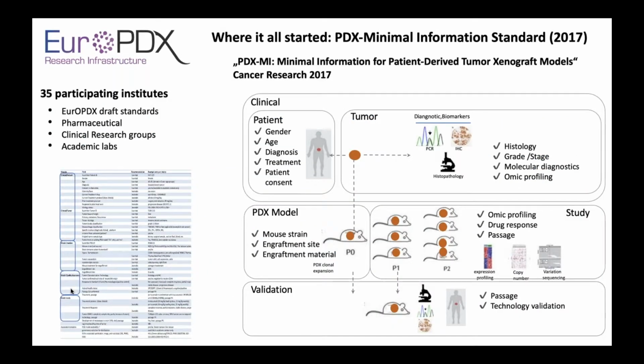In terms of standards, it all started several years ago with the definition of the minimal information that needs to be captured for PDX models. We had started draft standards within the EurOPDX consortium, and this was consolidated, led by the EMBL-EBI in Cambridge, with a global participation